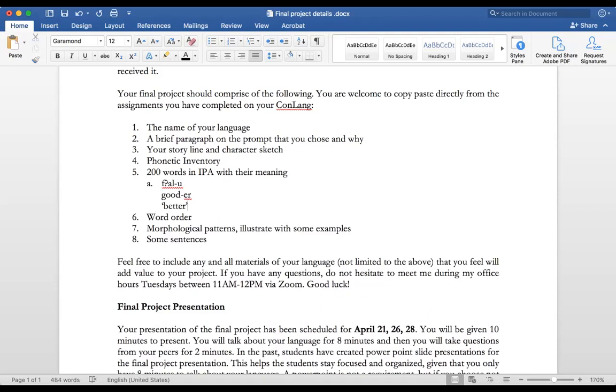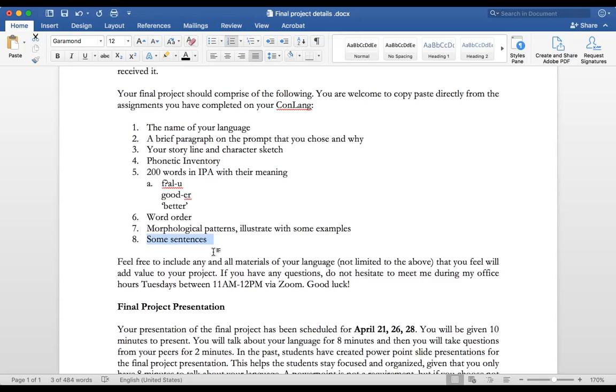So, and some sentences. Again, this is not a hard and fast thing. If you don't have sentences for me, I'm not going to grade you down. I'm a very easy grader. People who have taken classes with me in the past will know this. I really look for hard work, right? I really look for people who have tried hard in attempting their assignments.